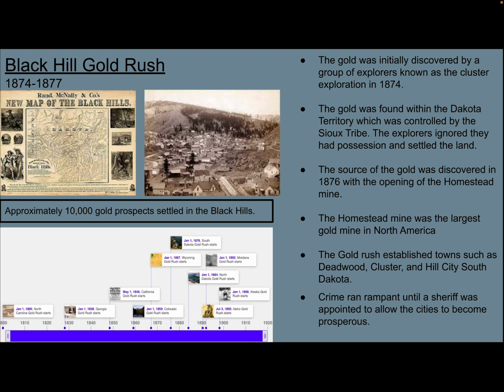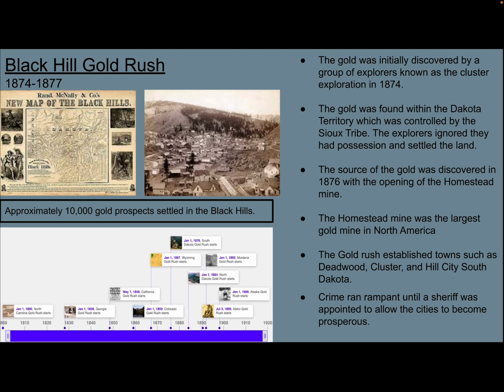In 1870, around that time, the U.S. was in a state of depression, and they were in search for some remedy to ease the depression and possibly bring more wealth to the country. So those Californians, or the people who were in California, went eastward to areas of Arizona, Colorado, or Idaho where they found gold. And a man by the name of George Armstrong Custer and a group of 1,000 explorers which